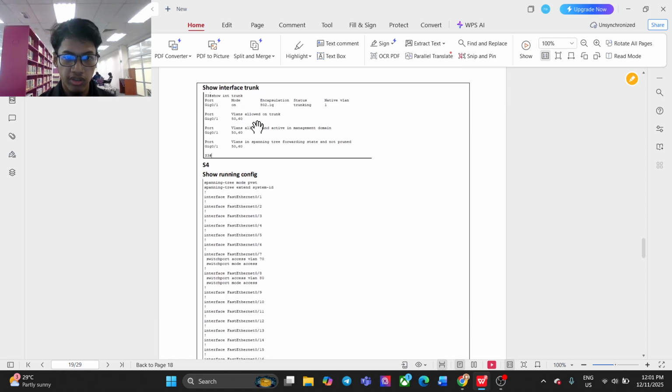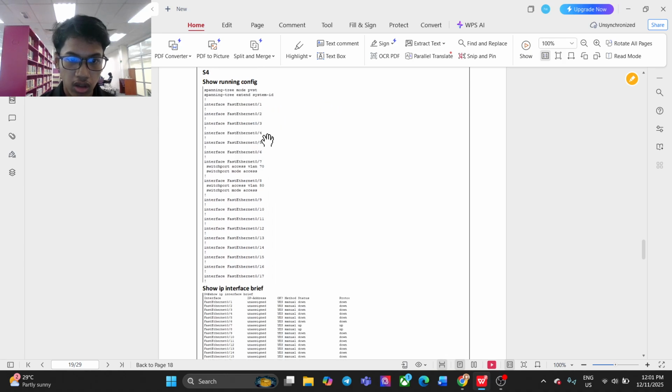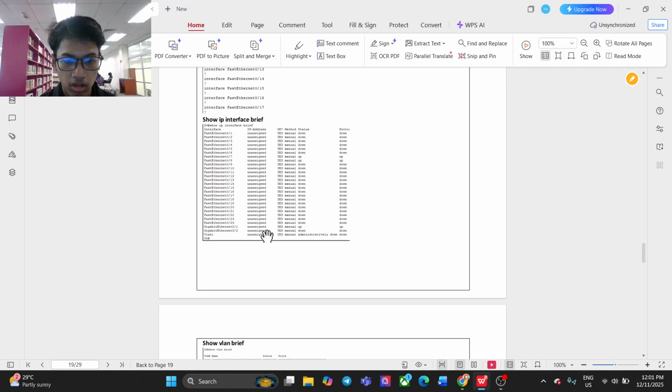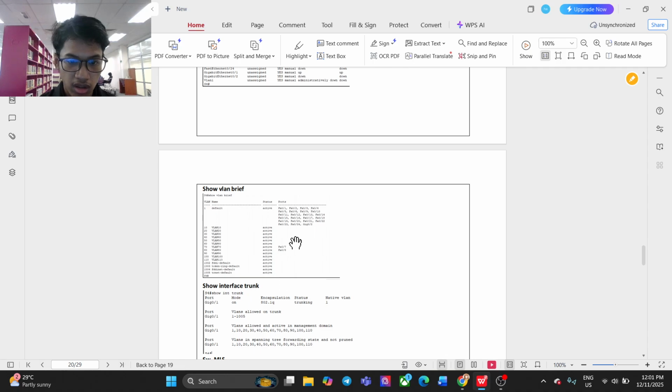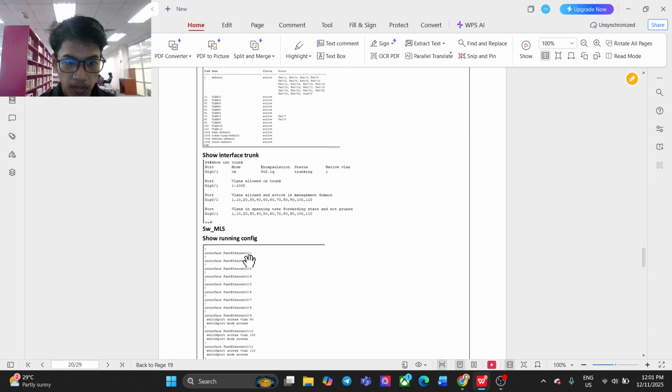Same configuration, show interface trunk gives me the 0/1 trunk with 50 and 60 allowed on trunk. And then we get show config for S4 as well. You can see FastEthernet 0/7 and 8 have VLAN 70 and 80. If we go down to show VLAN brief, Fa0/7 and 8 are assigned to VLAN 70 and 80. And then you have show